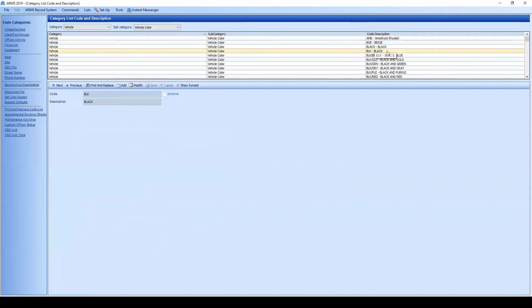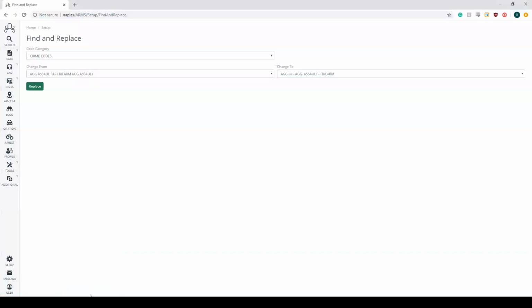The dictionary sync will go through your codes, and it's mainly only for NCIC and NIBRs. So if you're doing that, it's a way to connect your ARMS codes to match what NCIC has for vehicles and what NIBRs has for all of their codes. So NCIC has a vehicle color of black, and the code is BLK. I also have a black color in here, but the code is BLACK. So if I come in here and we go back over to the mobile website,